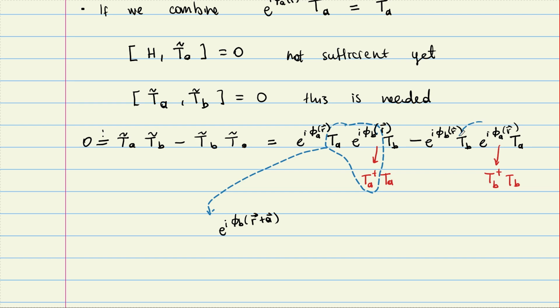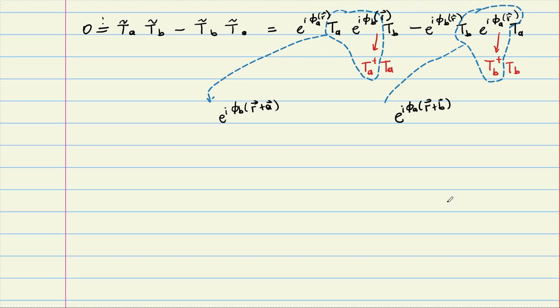Similarly, for this one I have this thing. So this is e to the i phi_a, and the shifted one is r, and the shift amount is b. Good, it seems a little tedious, but if you are careful, not really. So then this is e to the i phi_a of r, plus i phi_b of r plus a,